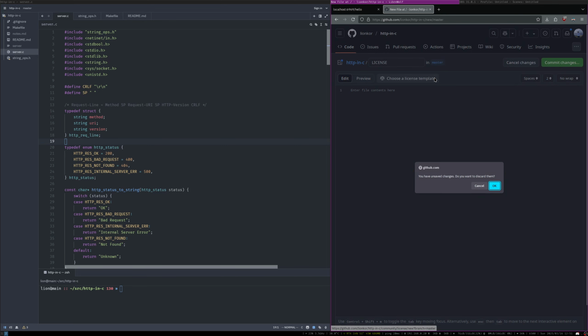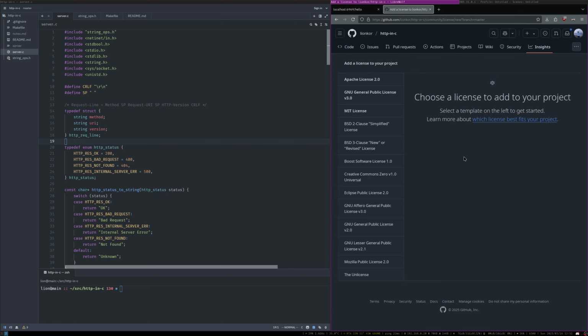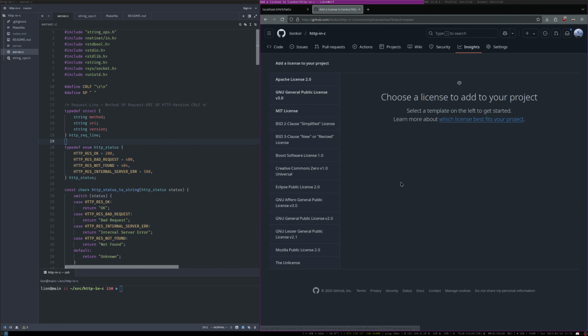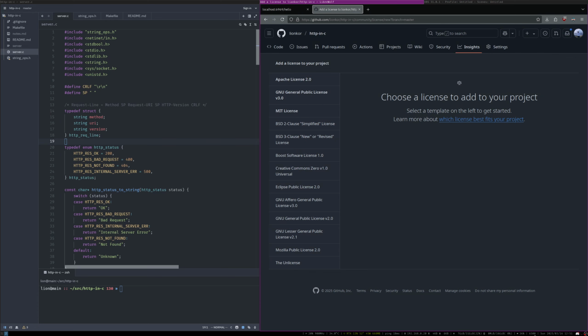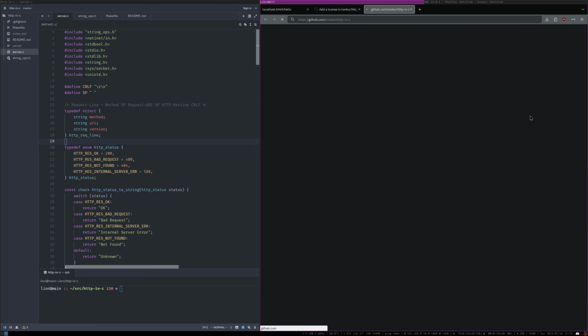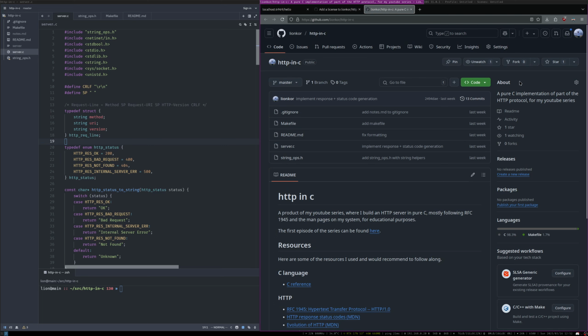So software licensing is actually not that easy, but it's also not that complicated, right? The very basic idea, let me check I'm recording. Oh, wonderful. The basic idea is that by default, nobody can do anything with your code. They can look at it, on GitHub they can fork it with the fork button, but that's about all they can do. They can't sell it, they can't do all sorts of commercial stuff with it, they can't use it in their own research, or in their own projects, because by default, according to copyright law, or copyright laws in general, depending on where you are, it's a bit different, but in general,